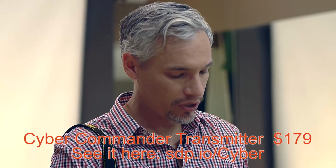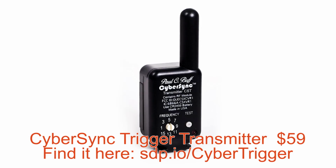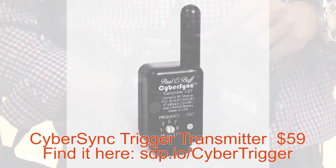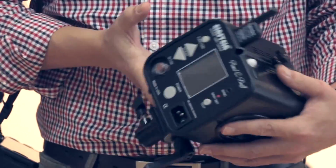Now, one difference I want to point out is that this is the little remote control unit. So you don't have to have the phone cord attached. It's smaller, lighter, and in fact, it's cheaper. This only costs you about $30, whereas the controllers for the other strobes add $60 to the cost. So while this unit is a little more expensive, you get to save yourself $30 if you plan to use